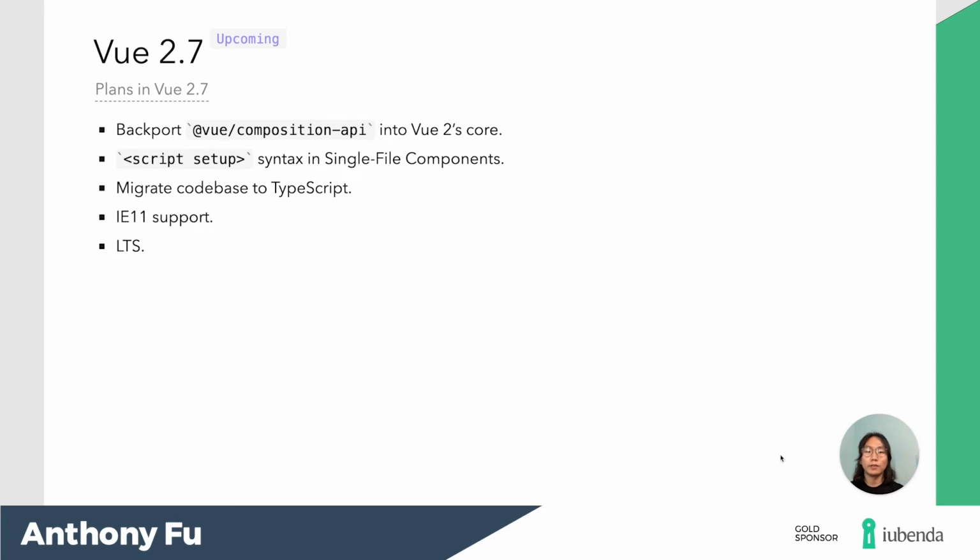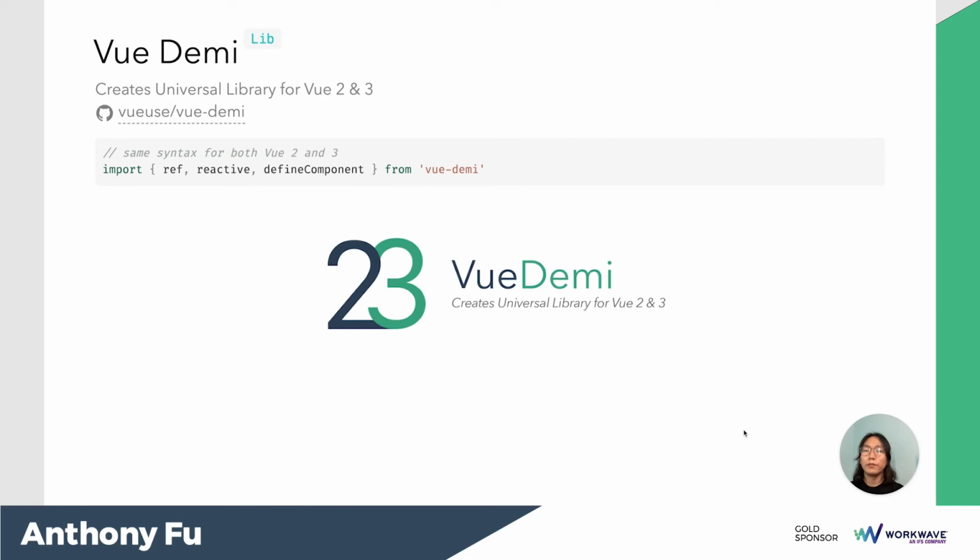We also announced our plans for Vue 2.7 recently. Vue 2.7 will be the last minor version of Vue 2, with long-term support for existing projects and those who need IE11 support. We will backport Vue 3's new features to Vue 2.7 and migrate the Vue Composition API plugin to it. Stay tuned on that. If you are a library author who wants your library to support Vue 2 and 3 on the same code base, you can try vue-demi, which smooths out the differences between Vue 2 and 3 by auto-detecting users' environment.